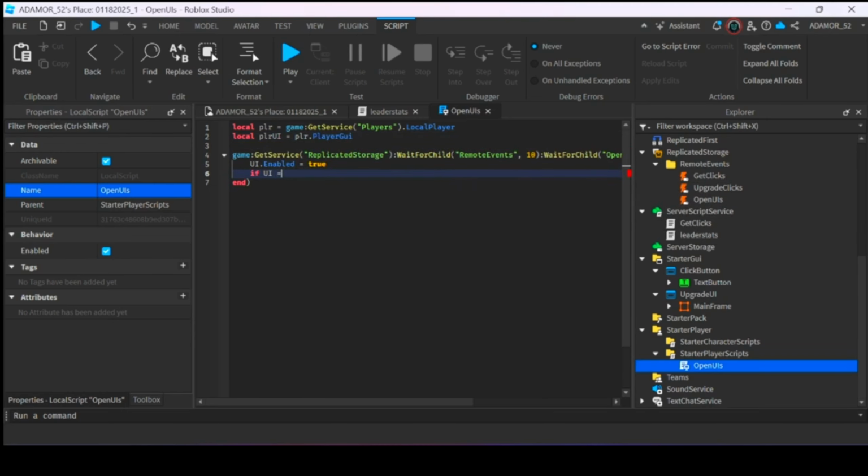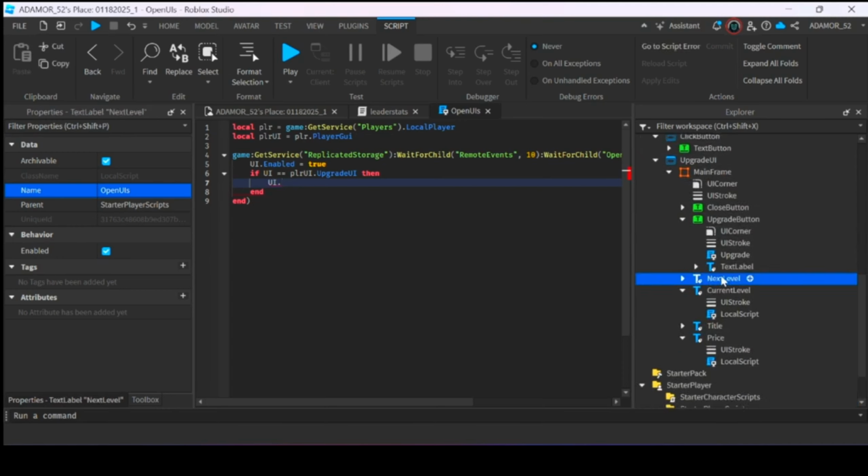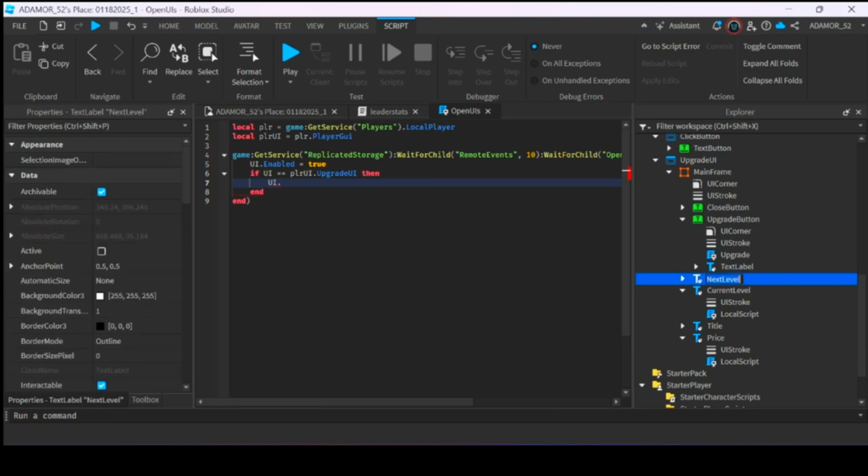If UI equals player UI.UpgradeUI, then UI dot, and we need to find how we named it. So UI.NextLevel.Text